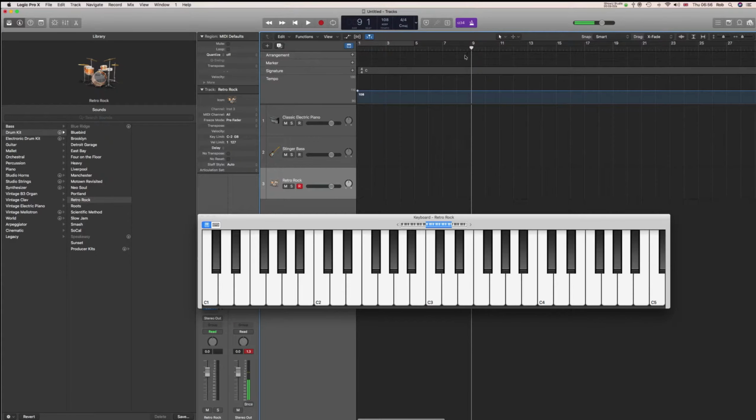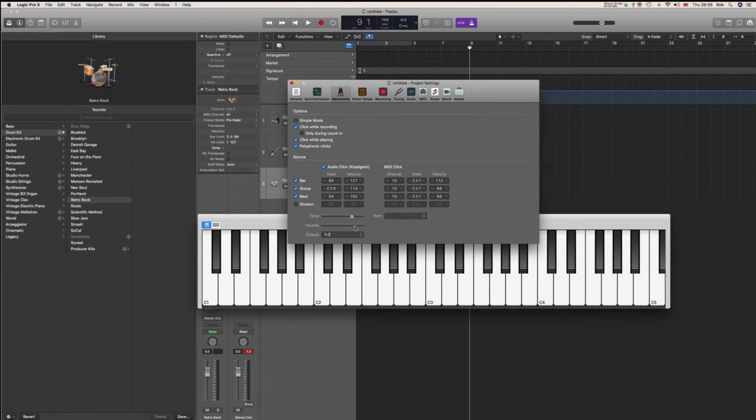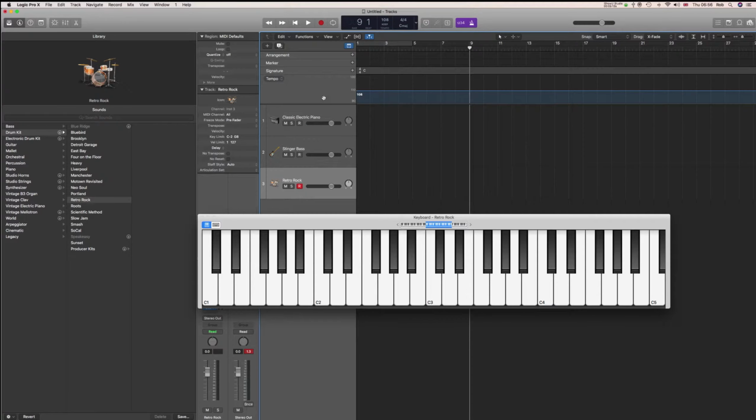If you want that louder, then you need to right click here, go to metronome settings and turn it up a bit. Don't turn it up too loud because it will blow your head off. I'm going to play it a little bit, make it a bit louder. Here it is a bit louder. Okay, so